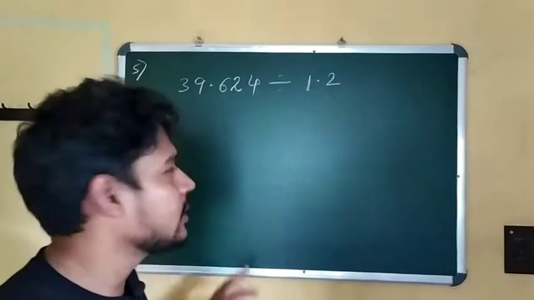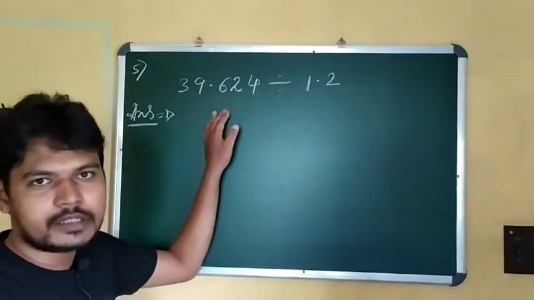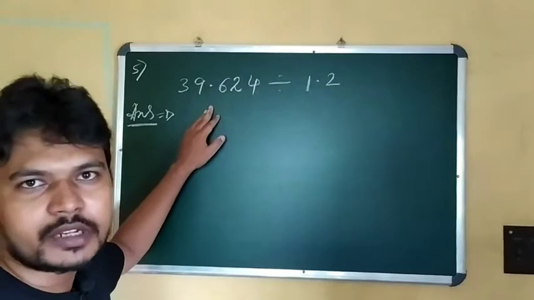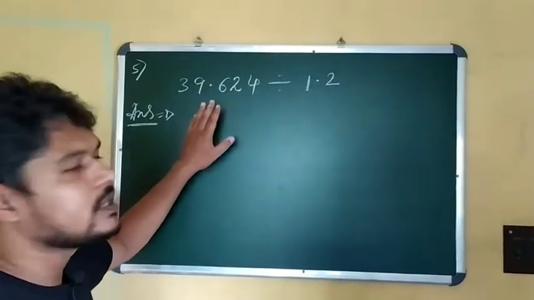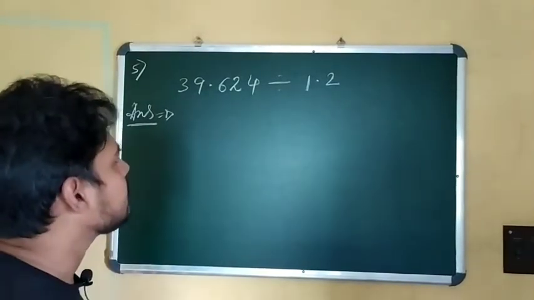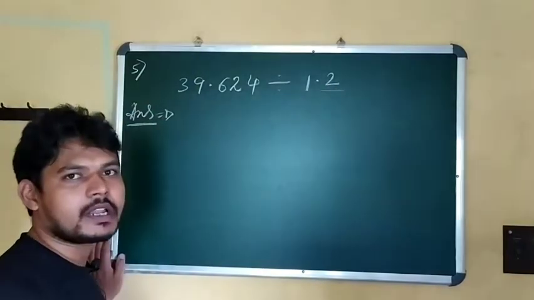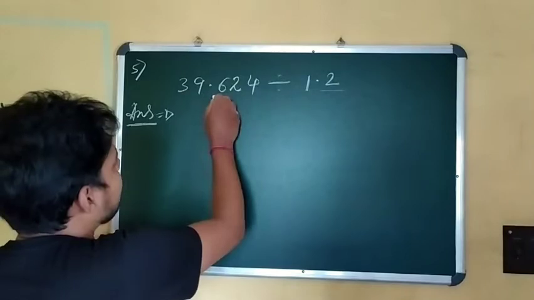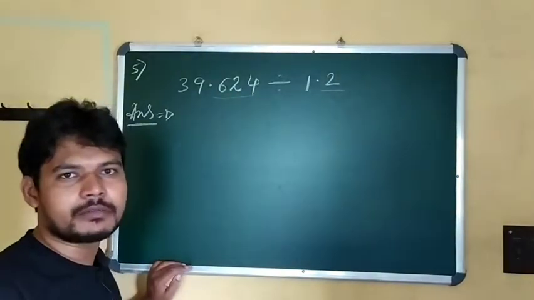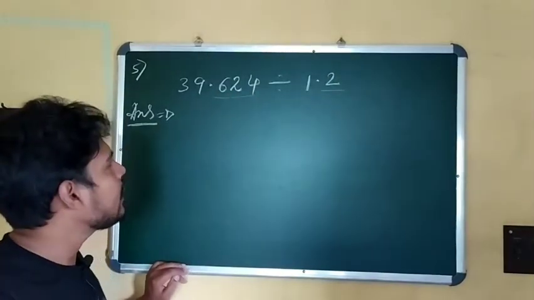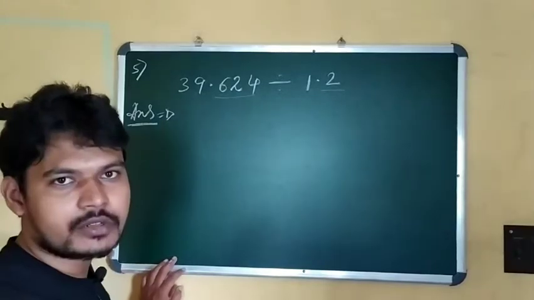Now students, let's focus on this math. This math is very important. So all of you understood this very properly. At first you can see that only one decimal place is present in the divisor, but here 3 decimal places are present. Now one question, just give me 1 second.